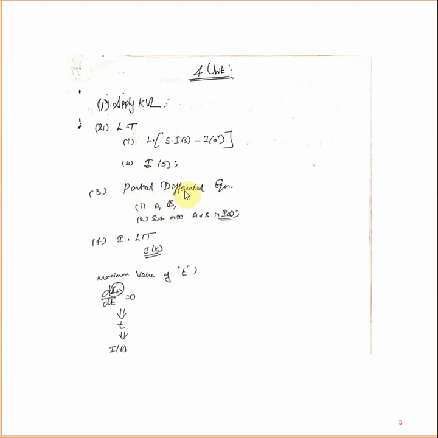If it is a partial fraction situation, then you apply the partial fractions. What does a partial fraction situation mean? For example, your expression comes with a denominator like s + a or s + 10, with a numerator over it. If it comes like this, how many s terms are there? Only one s term. So you need not go for partial fractions.